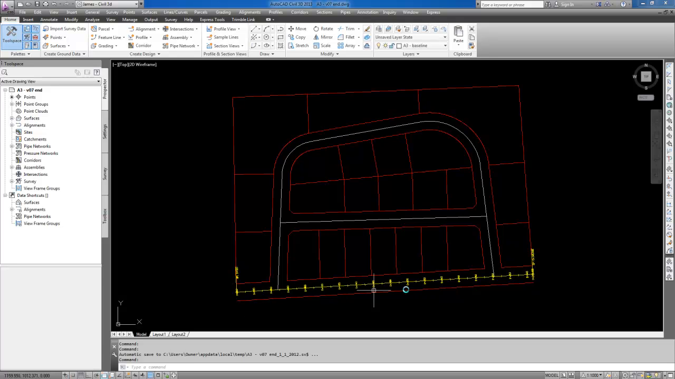That will bring up this alignment right here and create that baseline with the correct look. Okay. Next step is to create alignments for Penny Lane. To do that,